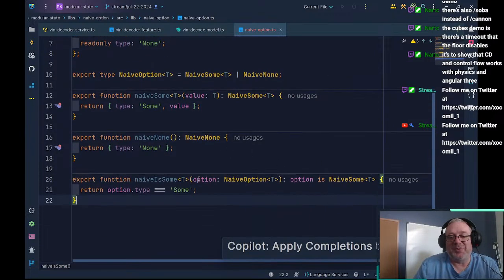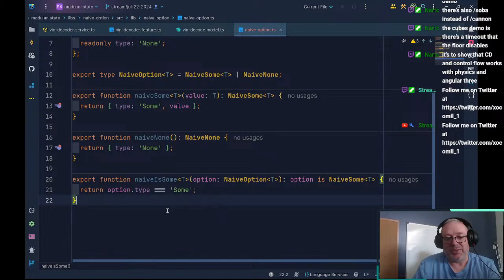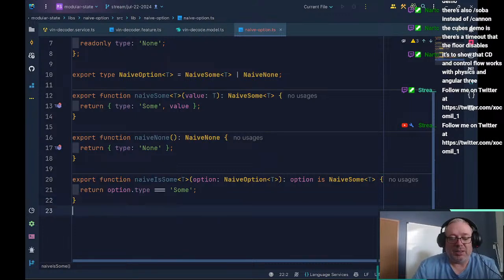Actually, it's going to write most of it for us. This is important because this will allow us to discriminate. And the last thing,